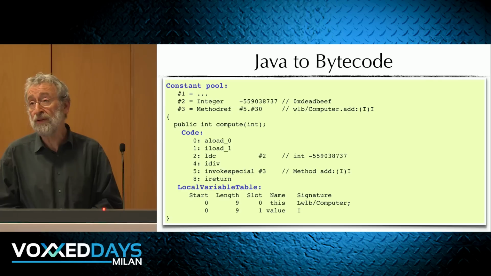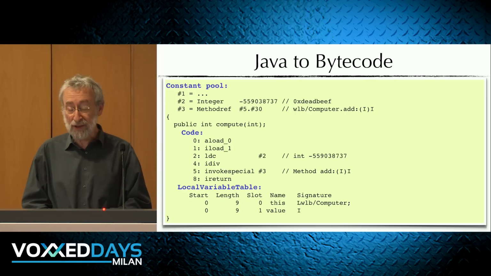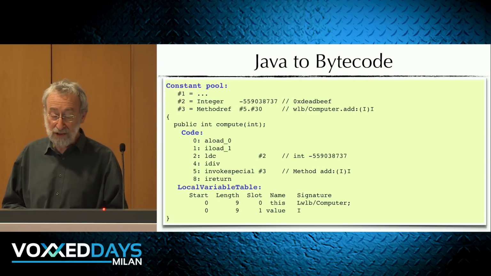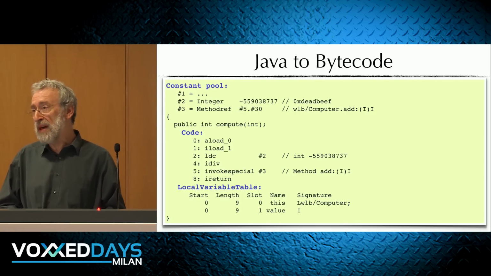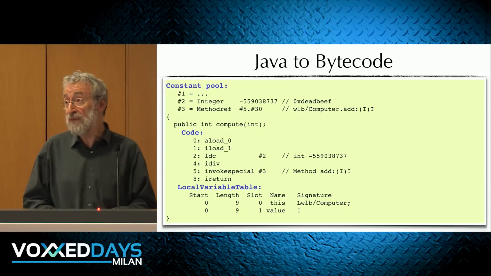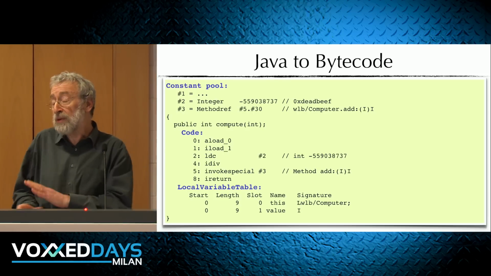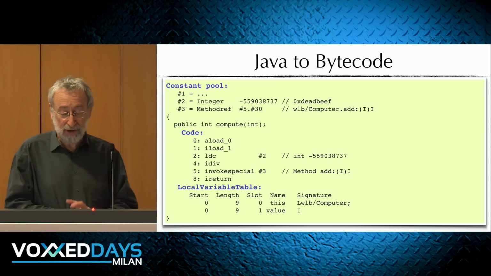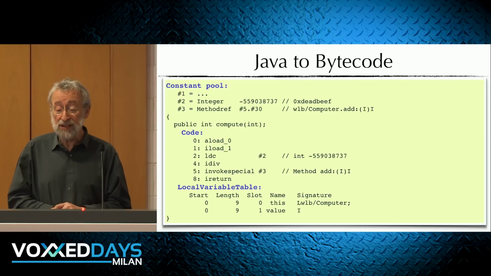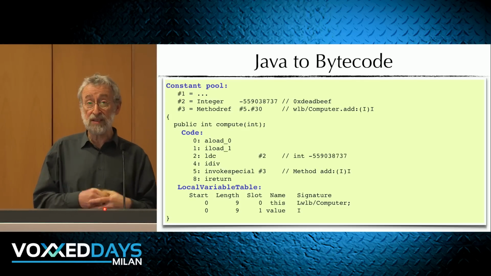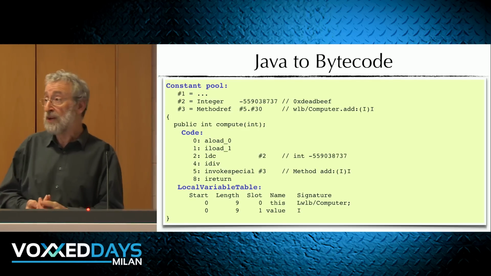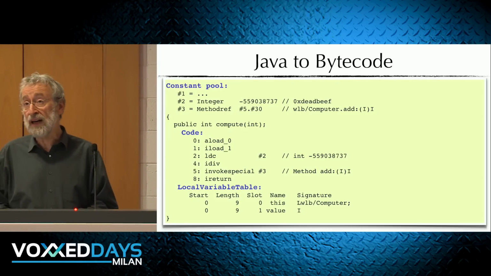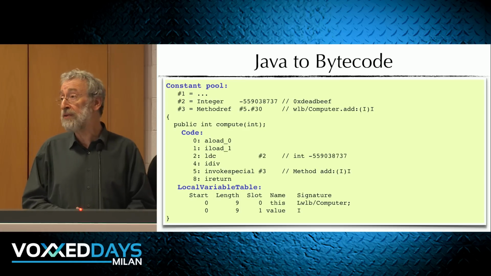There's a constant pool, which, as the name suggests, is where constants are stored, like literals that occur in the program, and method references in this case, and various other things as well. Constants that will remain the same throughout the execution of the program. Then for every method, there are 2 parts. There's the actual code itself, the bytecodes, which are under the heading Code there,